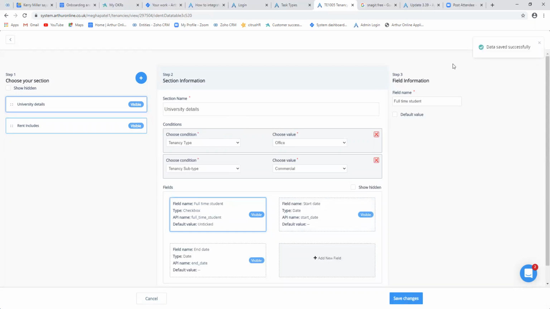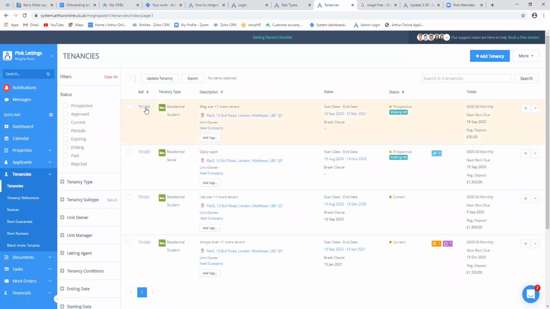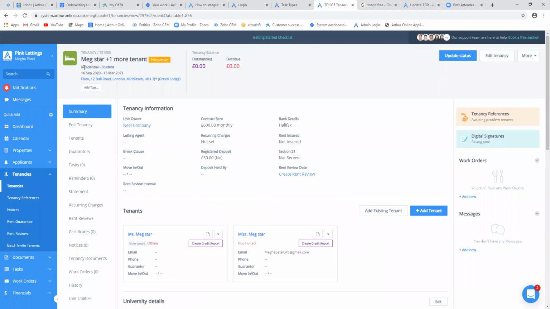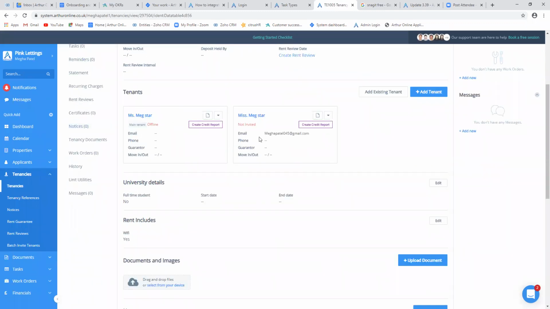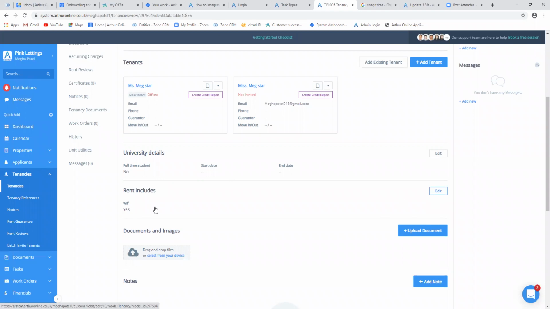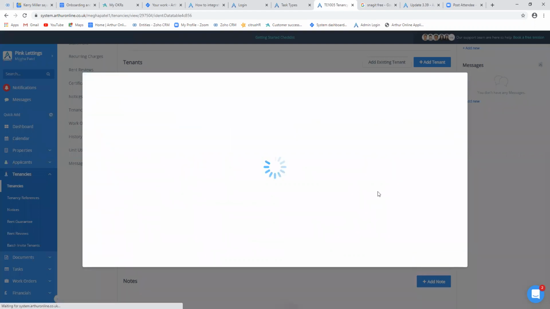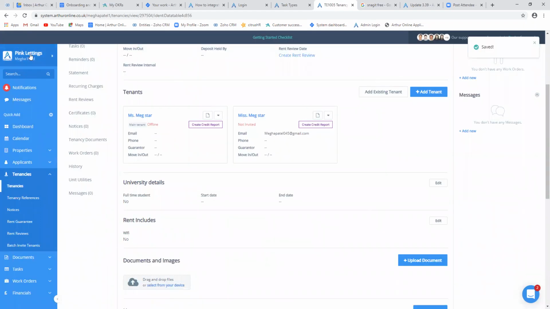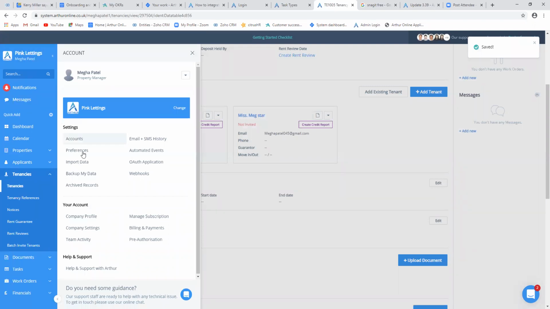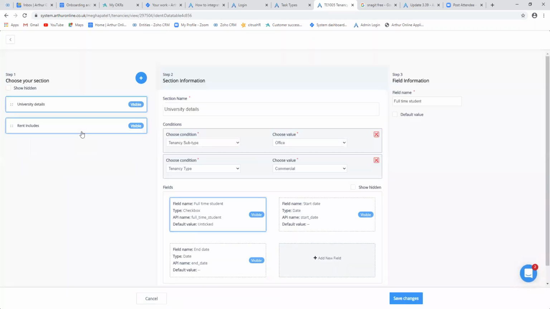So we've saved that, and you can see it's saved. So if we go back and just check our tenancy, and this is a residential student unit, property type, sorry, and you can see university details that I've already put, and now I've added rent includes Wi-Fi, yes. And I can edit that, so if I wanted to change the answer, if it does change, I can say no, etc. So if we go back again, so to the logo, preferences, custom fields, tenancy,